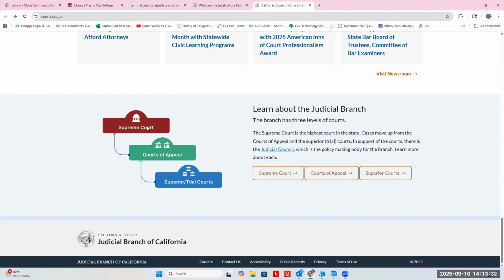So in California, if it was a Supreme Court decision, it would apply to the entire state of California. If it was a Court of Appeal opinion, it would apply to those areas within the jurisdiction of that Court of Appeal. But if it's a decision by a trial court, the Superior Court of California, and notice I'm not saying an opinion, just a decision, then that is not something that is a judicial opinion. It's not what you're looking for.